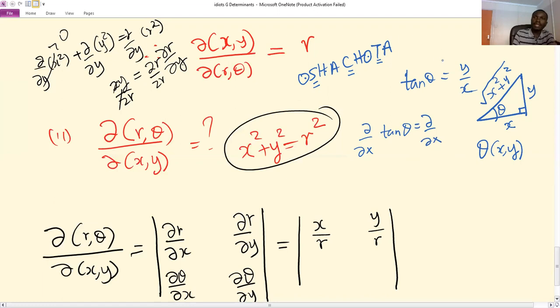Remember, y over x can be written as y x raised to power minus 1. So this is the same as y x raised to power minus 1. And when you differentiate a tan function, you get sec squared function. Please check your differentiation. And because theta is a differentiable function of x, you attach the theta dx, and then it equals,